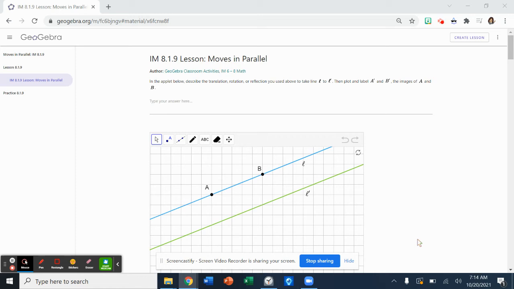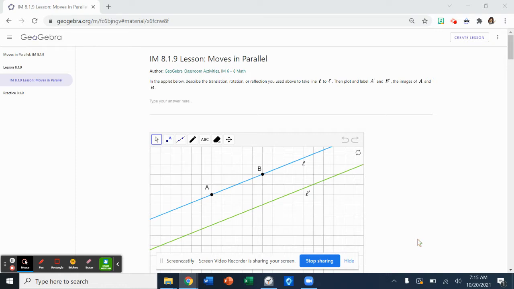This video explains how to do the makeup work from Unit 1.2, Lesson 9. If you've been out, make sure that you're looking at the to-do list that's posted in the same page as this video, just so that you can make sure that you're caught up with everything. There's a few other assignments like homework and independent practice from yesterday that I just want to give you a friendly reminder about. So the first question says, in the applet below, describe a translation, rotation, or reflection you could